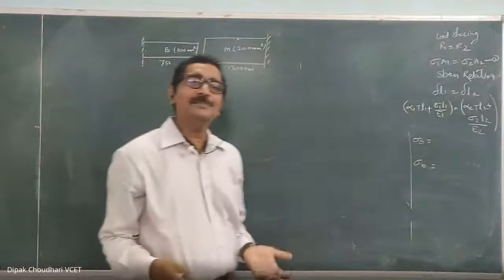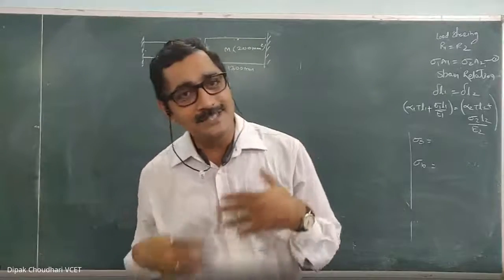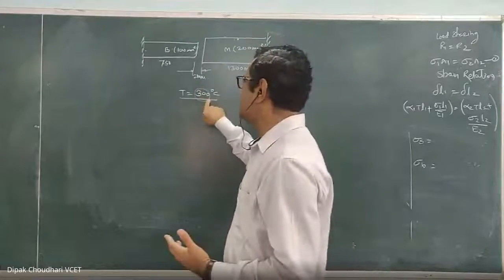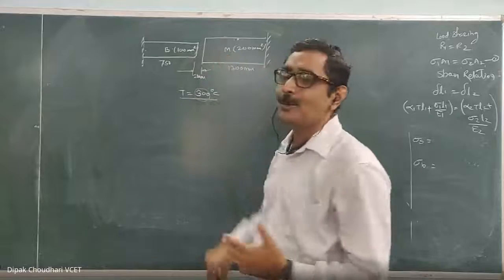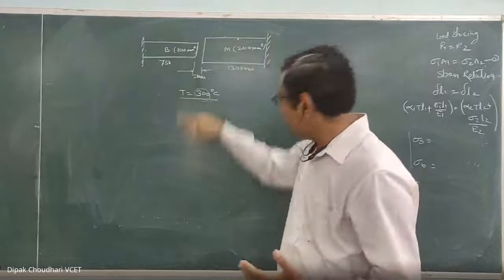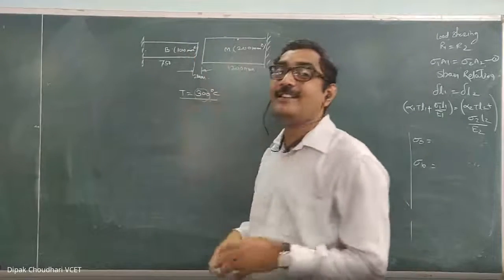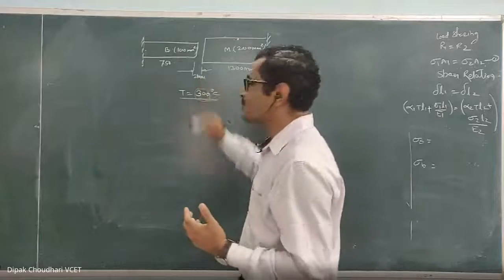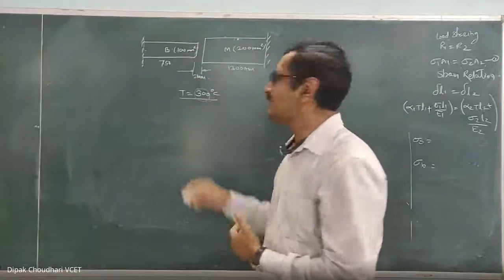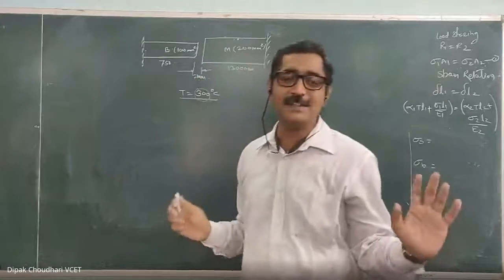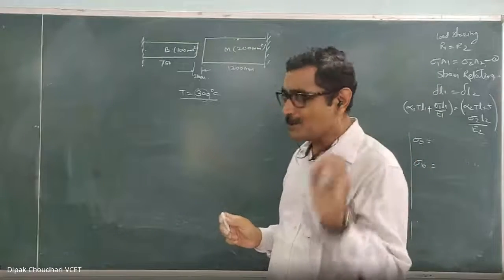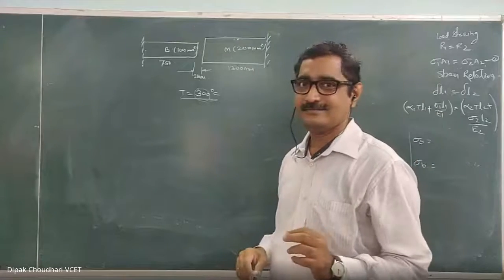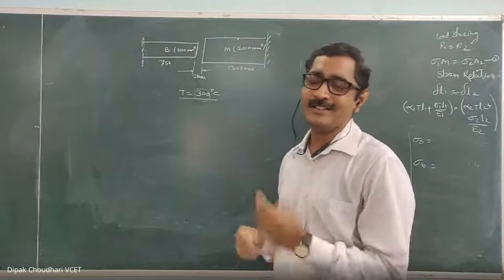So in a normal sum, it is expected that you first check, because of this change in temperature, how much the summation of the free deformation of both the materials is. If it is greater than 2 millimeter, thermal stresses will be induced. If it is less than 2 millimeter, thermal stresses will not be induced. So you are supposed to check that first, and then calculate the thermal stresses.